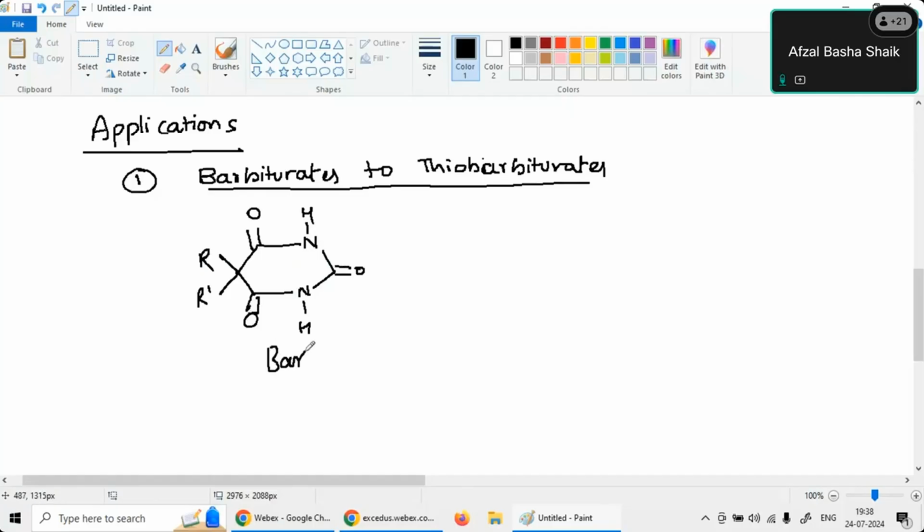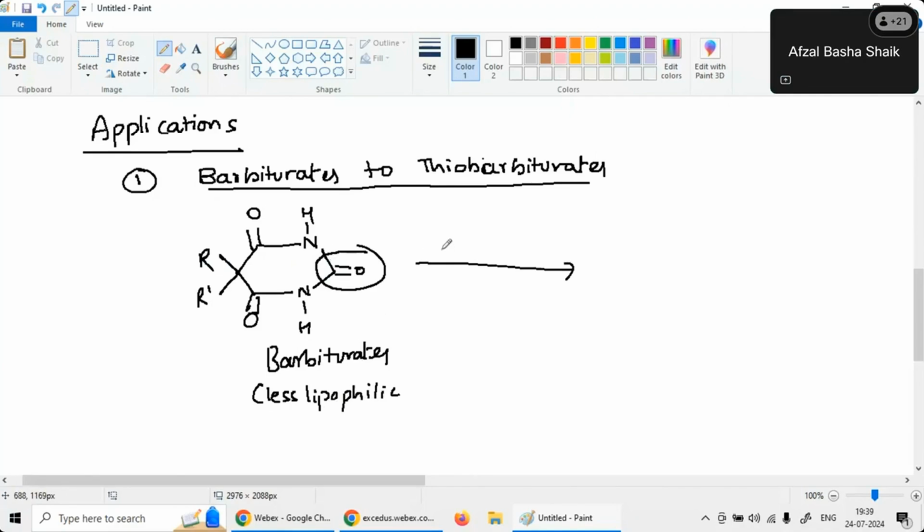This is the structure of barbiturates. The barbiturates generally are less lipophilic. Whenever this oxygen is replaced with carbon double bond sulfur,